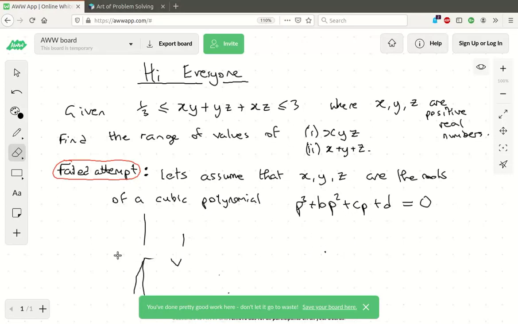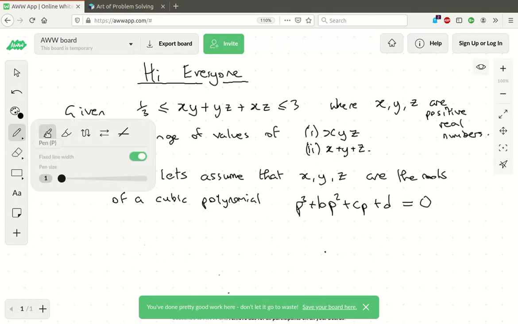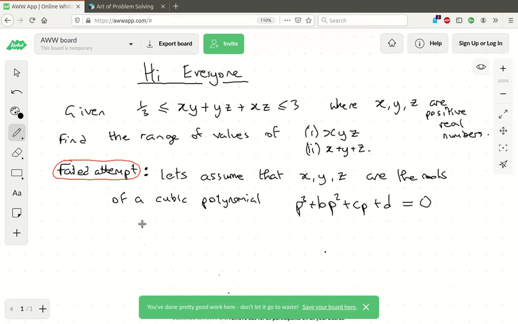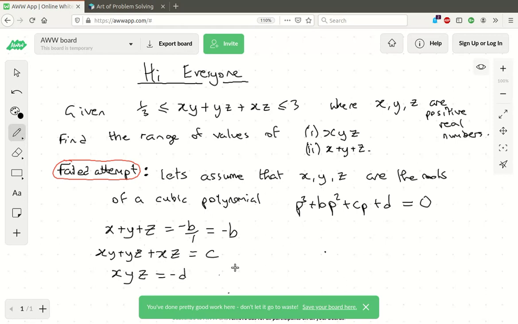My thinking is basically, okay, if I let them be the roots of a cubic polynomial, then what would I have? I would have that x plus y plus z is minus b over a, or minus b over 1, which is just minus b, obviously. Similarly, xy plus yz plus xz is c, divided by 1 if you like, and xyz is minus d, yeah? I just thought that was a good place to start, because straight away then with c, I can say, okay,